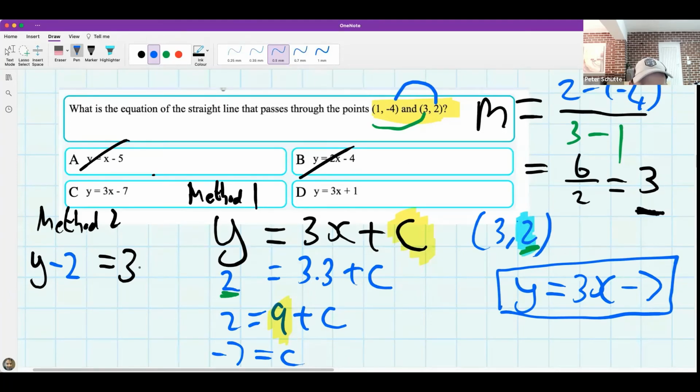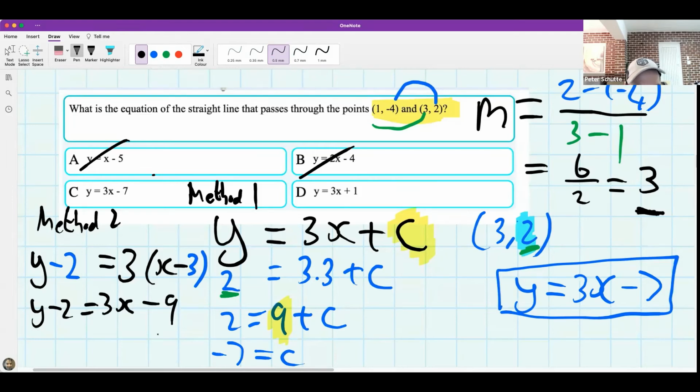And then on the other side, you write x minus the other coordinate, which is 3. Sorry, I'm making this a bit messy. That's one way of doing it. Sometimes they do it in a couple of different ways, but you then multiply out your bracket, so 3x minus 9, and then the problem is this minus 2, and so you add 2 to both sides, and if you add 2 to both sides, you get the same answer,